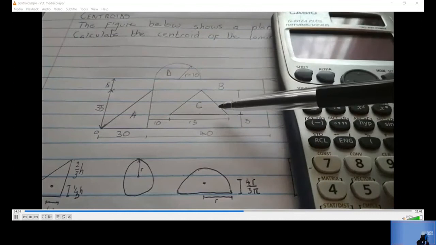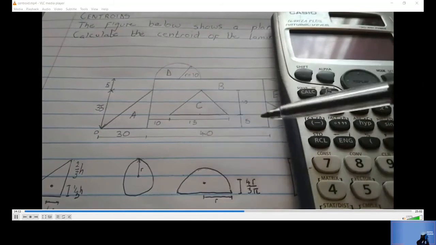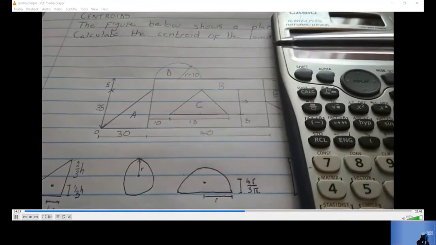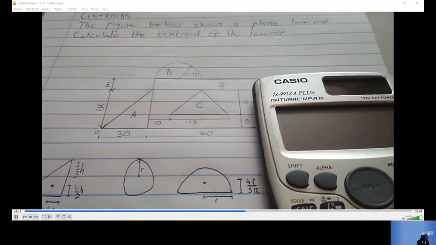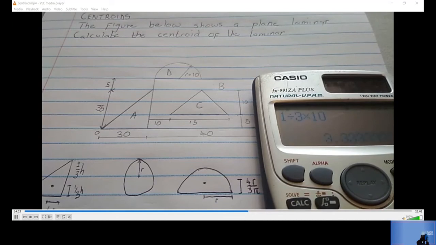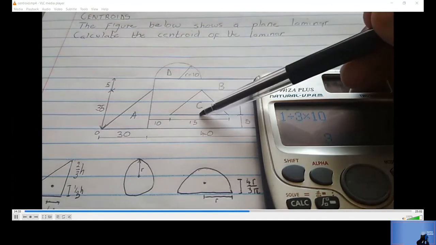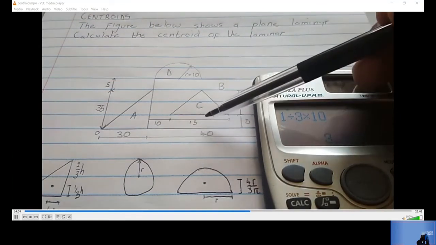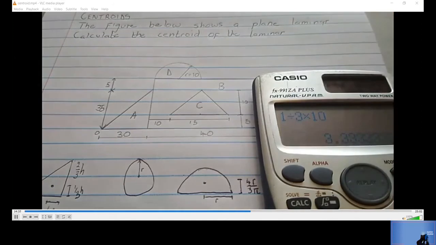So from there to there, we discussed it, it's 1/3. So we take our calculator again, go 1 divided by 3 times the height of the triangle, which is 10, and we get 3.3. But to take us back to the datum, we need to add this distance here, and we are given it is 5. So we're going to say plus 5, and we get 8.33. Take that 8.33,